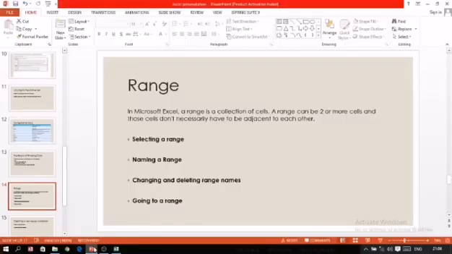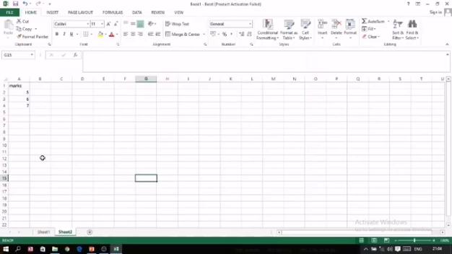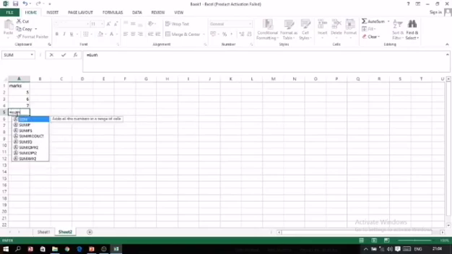Now the next topic is naming a range. Naming a range means when we have to do some calculation, we have to give the cell address. Now I take this example. For example, I want to add these marks. One of the methods is to give some value and then give the addresses of these cells, that is, from cell A2 to A4. For giving the range, we have to give the first cell address, then a colon sign in between, and the last cell address. I want to add the values from A2, not A1, because A1 has text written in it. From A2 to A4. This is one of the ways.